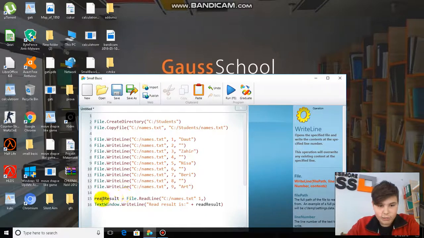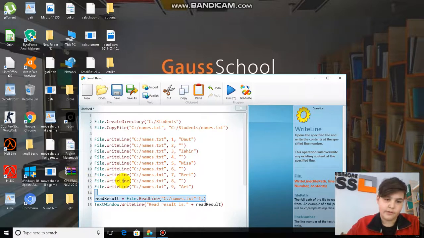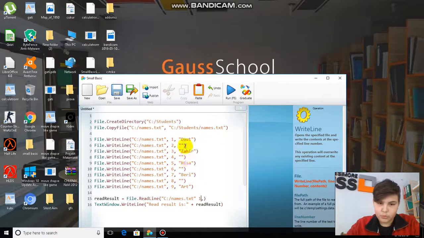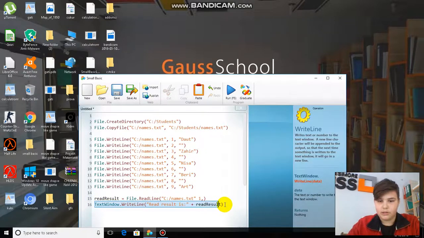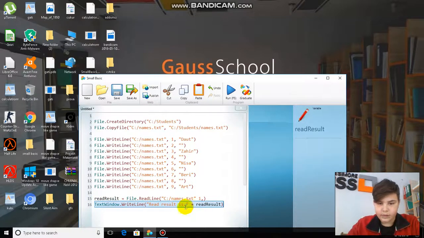So this last one right here allows you to read one of the lines in the file. Right now it's line 1, which will read this name. And this one at the end, TextWindow.WriteLine "result is", and then two dots, and it will show the